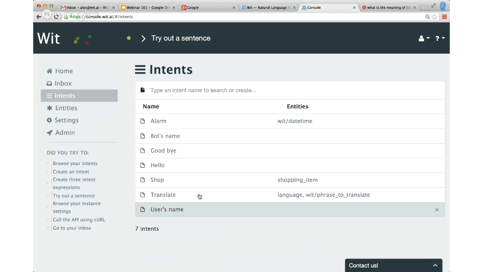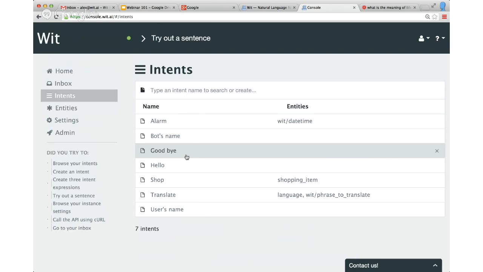It's not good to spend too much time in a closed environment, alone in front of your screen, trying to guess what people will ask of the virtual agent. You have to put it in the real world, in front of real users, as soon as possible. So you need to integrate the Wit API for that.